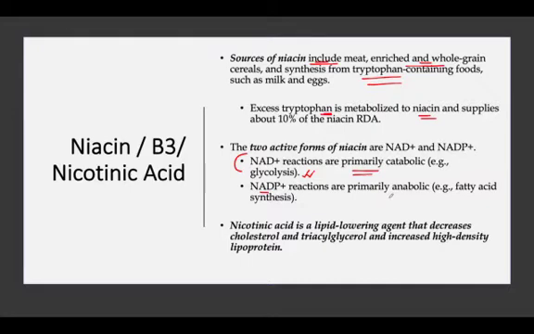Clinically, niacin or nicotinic acid is a lipid-lowering agent. However, it is prescribed mostly because it has the ability to increase the levels of high-density lipoprotein. As high-density lipoprotein is responsible for the clearance of cholesterol because it carries cholesterol from the peripheral tissues to the liver and is involved in reverse cholesterol transport. Therefore, increasing its level lowers cholesterol in the physiological environment. And I believe you have studied this when you studied lipoprotein metabolism.